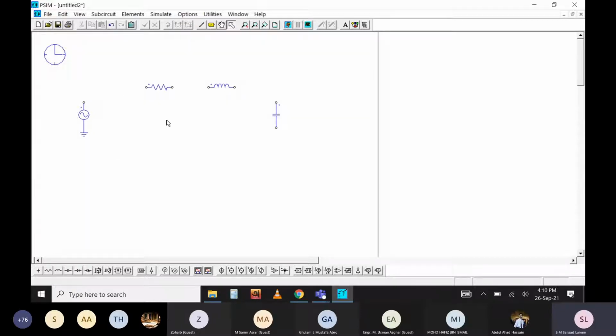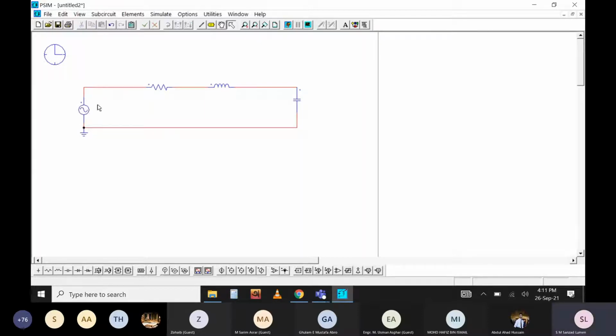And for connecting all the elements, you can simply select it, drag, and put it this way. It will be automatically connected. Or you can take this connect probe wire. This is called the wire. So you can click it. It's selected. Now you can simply connect it. Building a circuit is very convenient in PCM. You don't need to worry about much. It's much faster and easier than other simulation platforms.